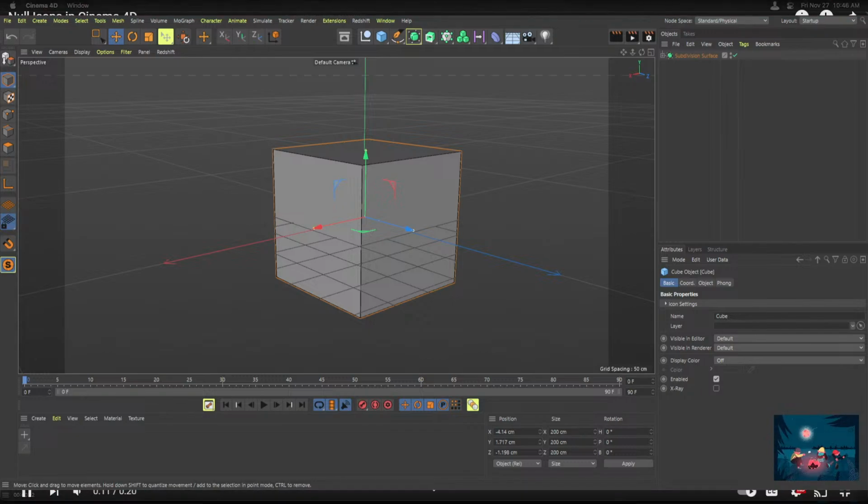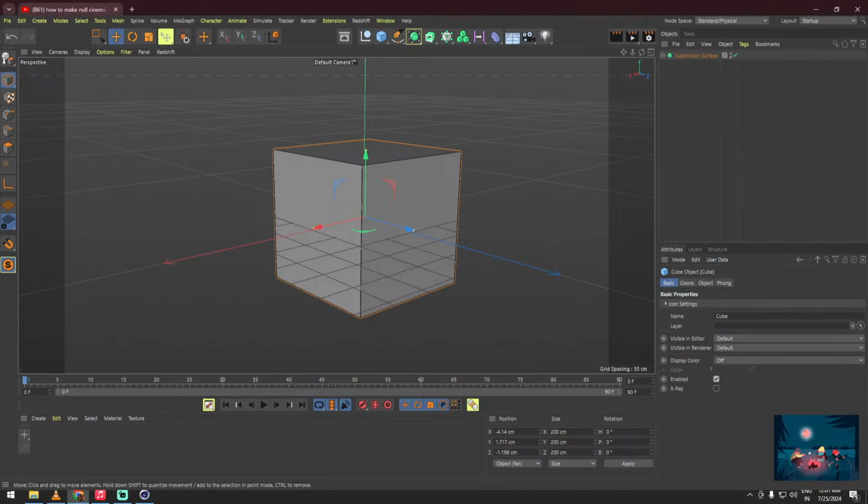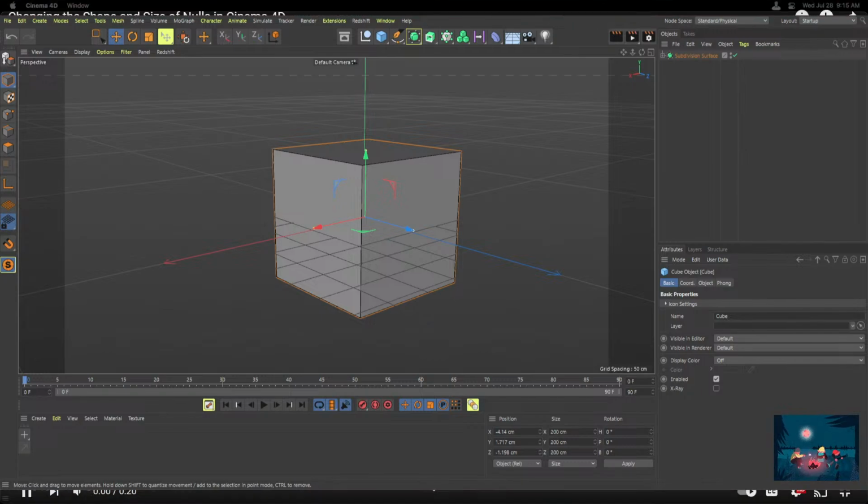I check the icon settings and load up the file. With the null for your nulls. In the following example, I'll choose this shape and increase its